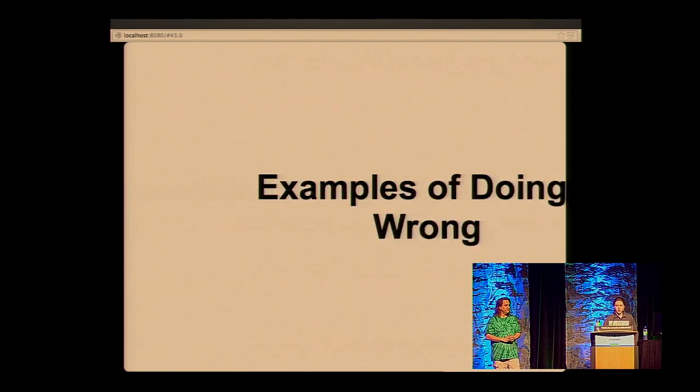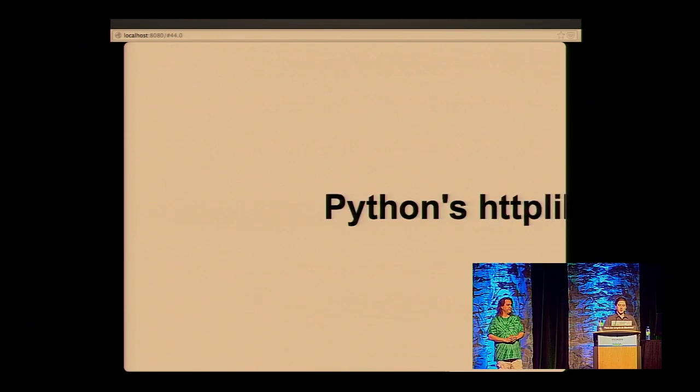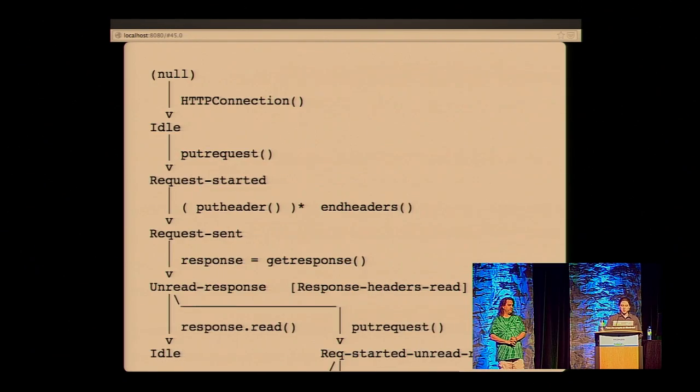So we've got some examples of envelopes that have sort of been ill-defined. There at least is an envelope defined, but we're not happy with it. And so the first one I'm going to pick on is HTTP-lib. HTTP-lib is actually a pretty decent HTTP library. If you're doing the normal HTTP-ish things, you're not going to have any problems other than the API being a little bit wacky. But my beef with HTTP-lib is right in the docstring for the module, it has this enormous